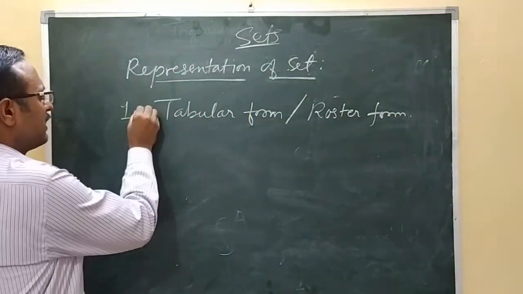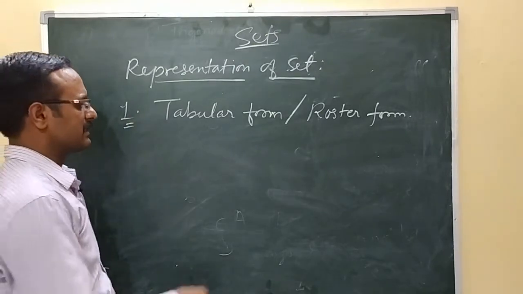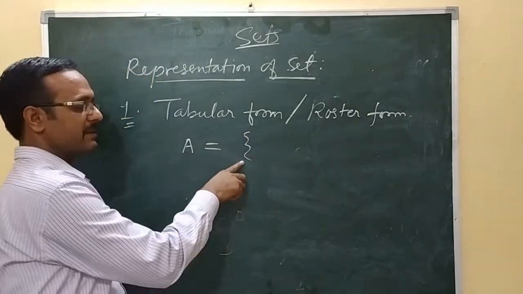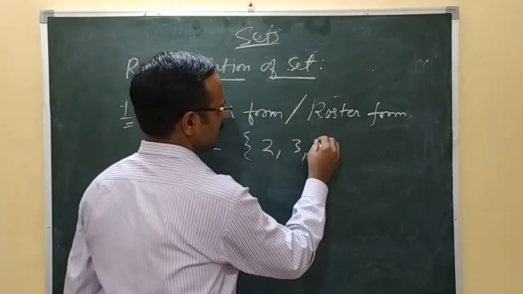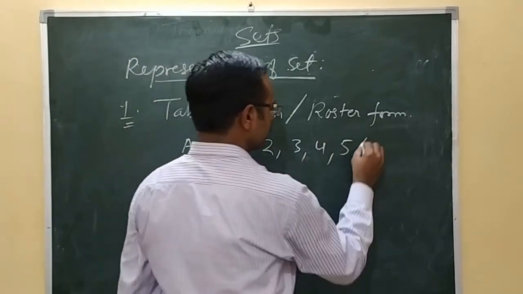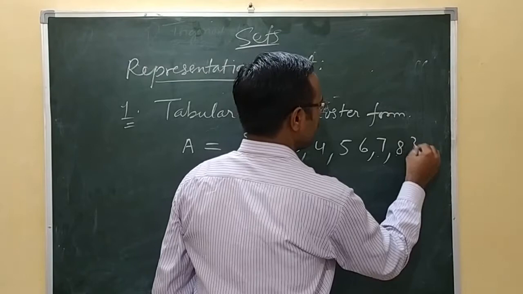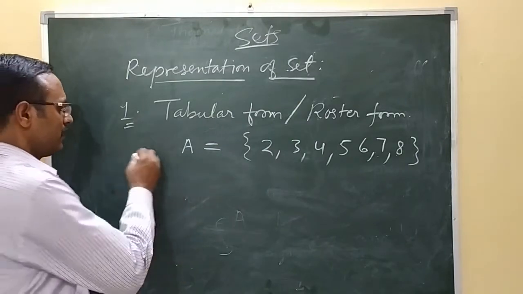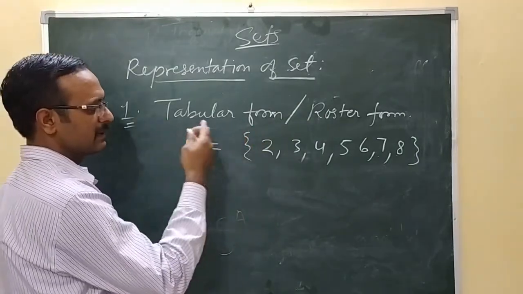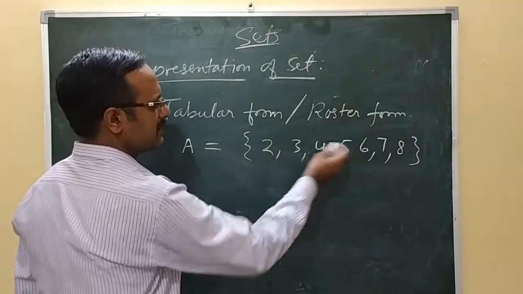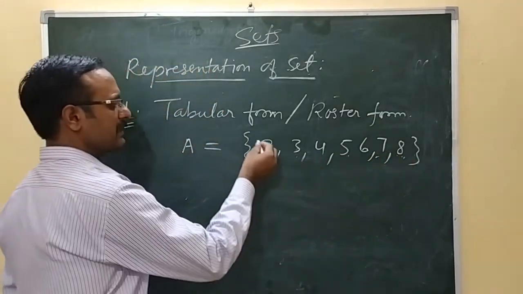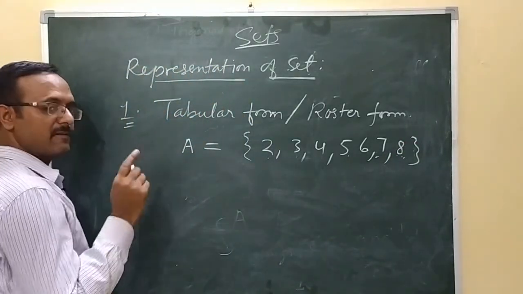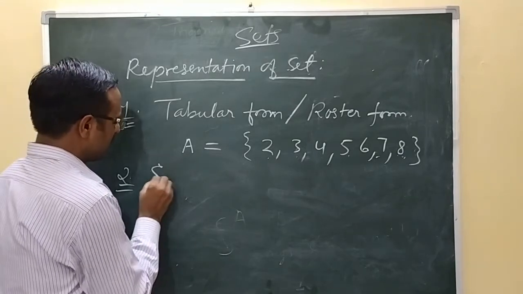When we denote the elements of a set in a general way, suppose I write set A equal to, starting from curly braces, I write all the elements of this set. Then this type of set is called roster form. Now there is no definition in this set. Directly we just write down all the elements under the curly braces. Now the second form is set builder form.